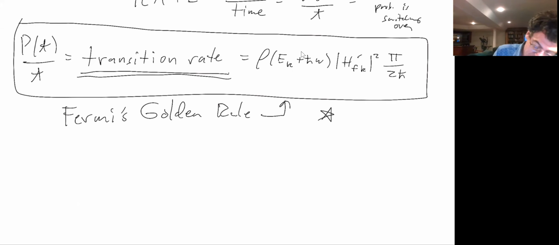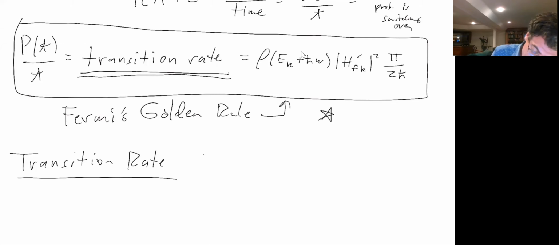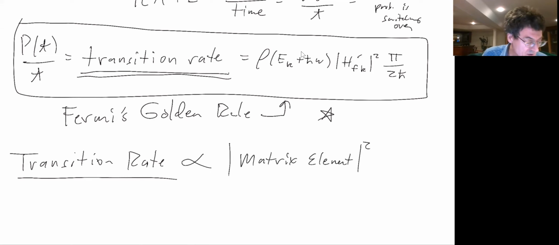And the important thing is that the way that everyone remembers it out in the real world is that the transition rate, the rate at which you have transitions, is always going to be proportional to a matrix element squared times a density of states. I'll just call it DOS, density of states. This is for a transition